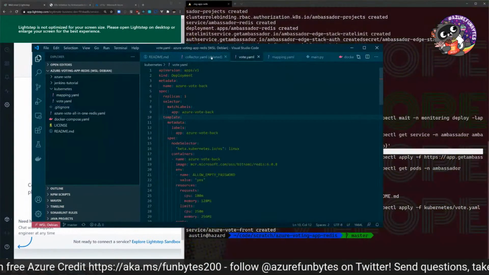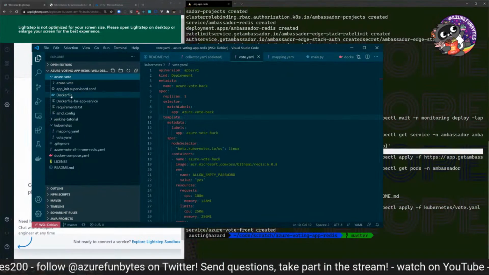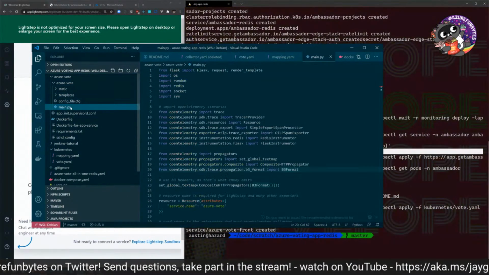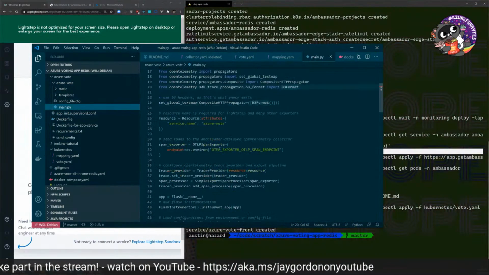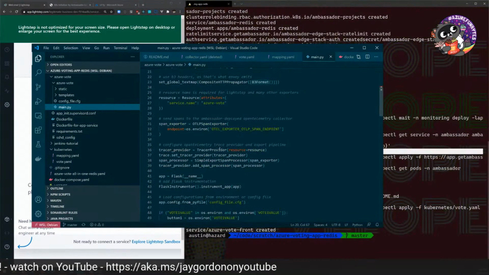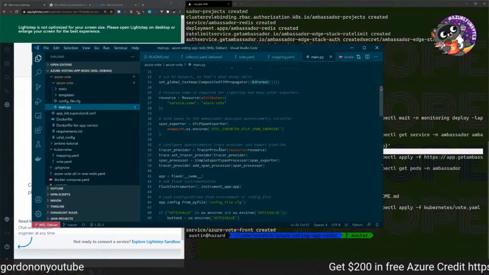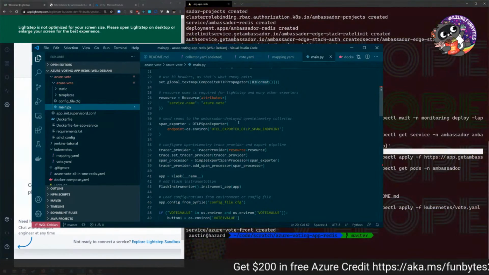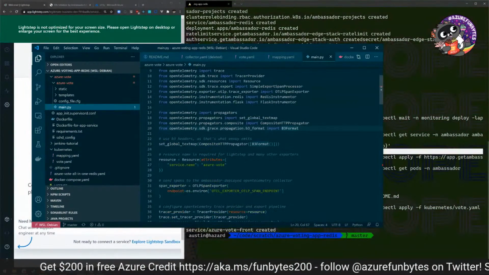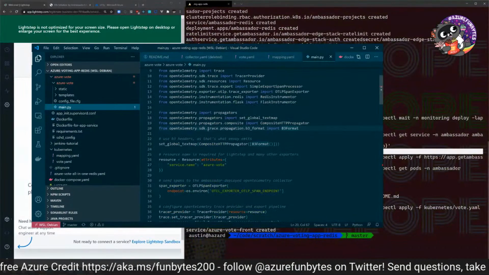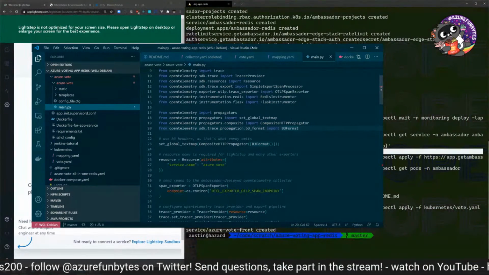Right, so I'm going to go ahead and deploy this application, but if you're not familiar with this Azure voting app, it's a pretty straightforward little Python application that lets you vote between things, and it has a Redis backend, so you can have multiple instances of it. So what we've done to this is we've added OpenTelemetry. This is just pure upstream OpenTelemetry. There are no additional components here.